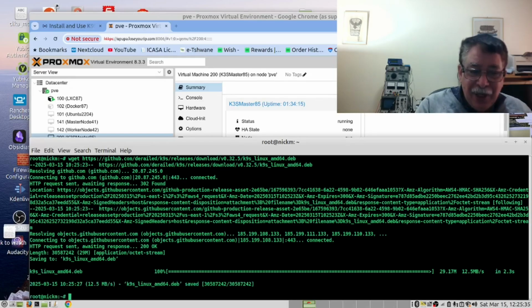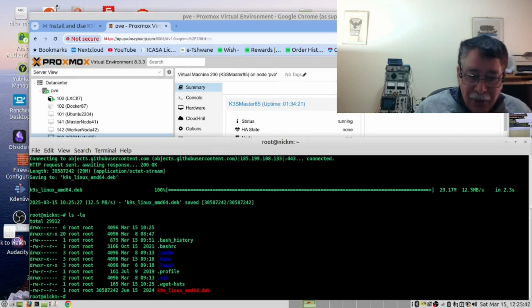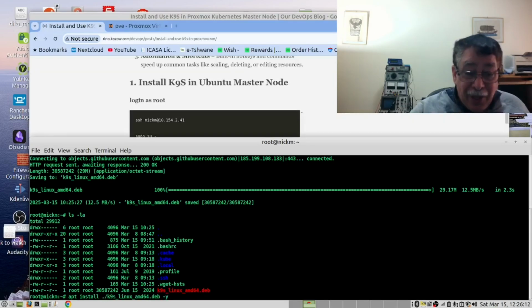And now we can list the files. And we see we have this file here, k9s deb. We will now run the apt install command so that we can install this.